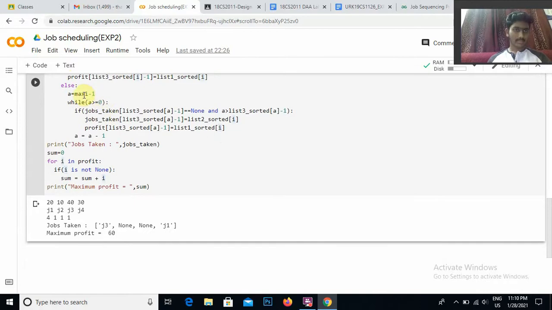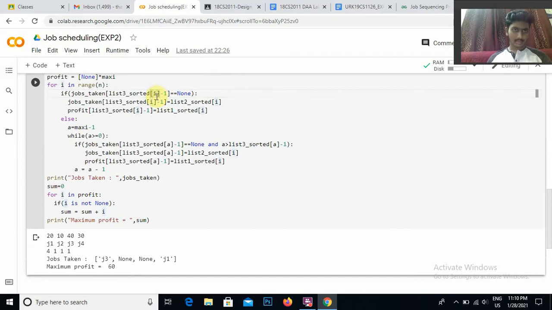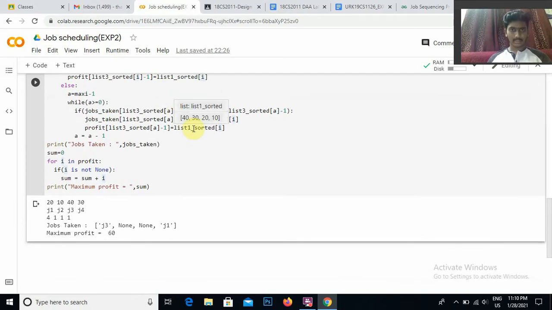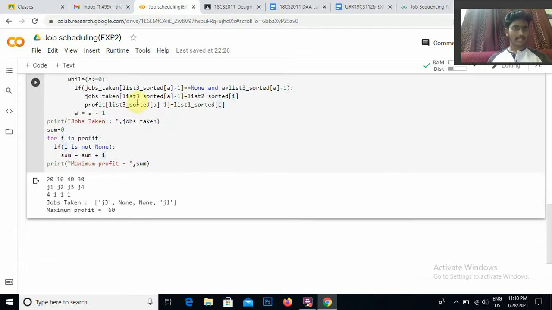So I have taken maxi minus 1, while a is greater than 0, decrementing a and checking every available place. If the slot is equal to none, it will keep decrementing and check all the places. If anything is empty here, then I will allot that place to it.